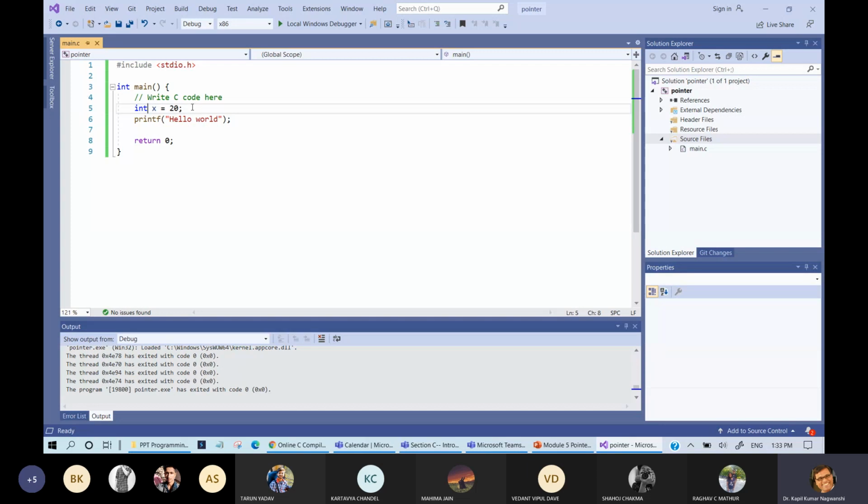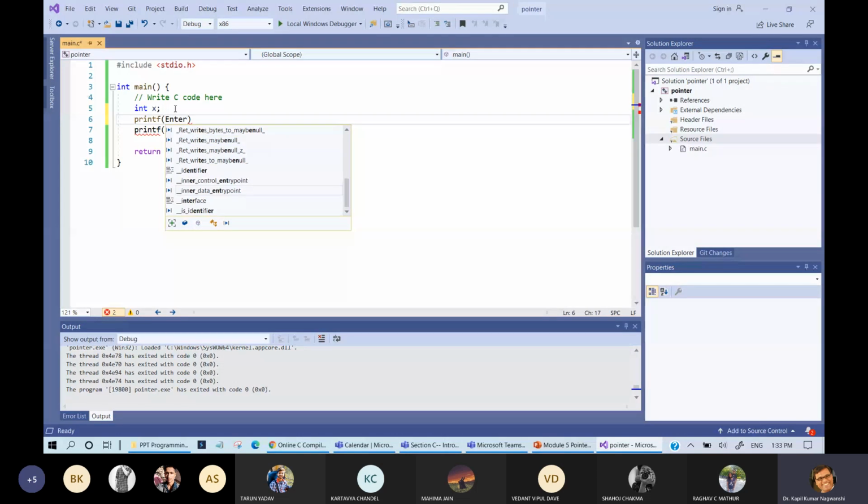Let me write one question. Let me ask the question from the user, printf "enter any number\n".